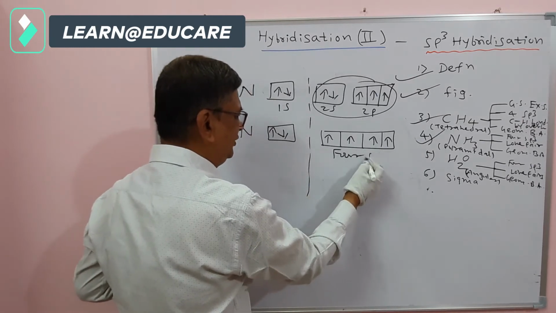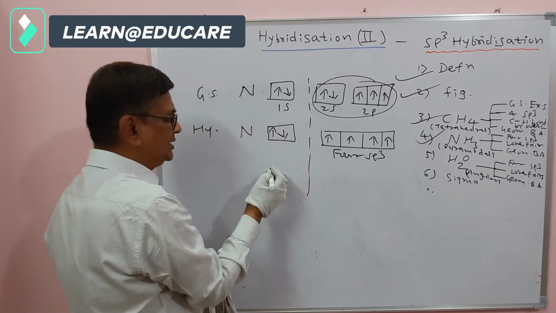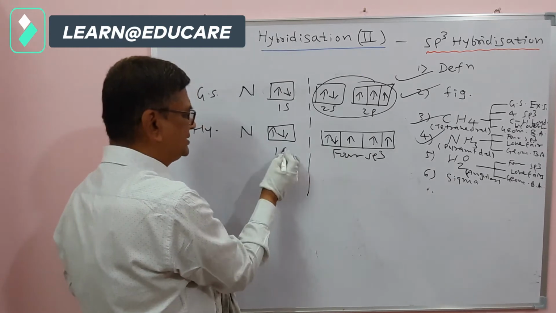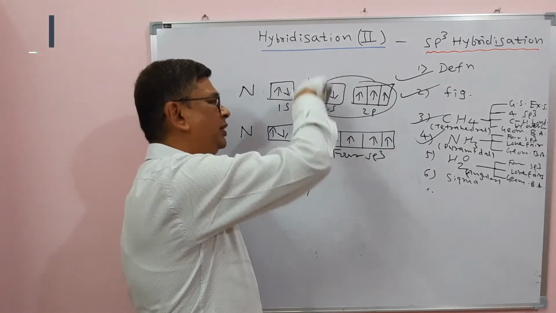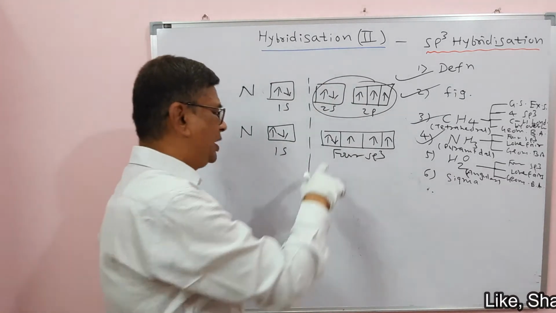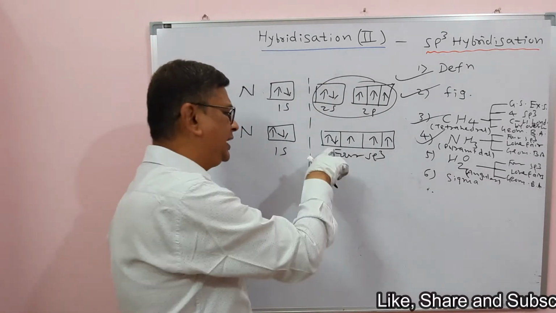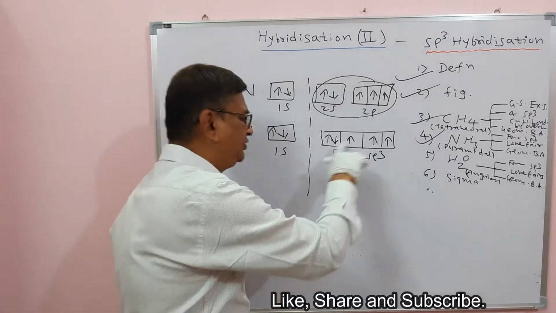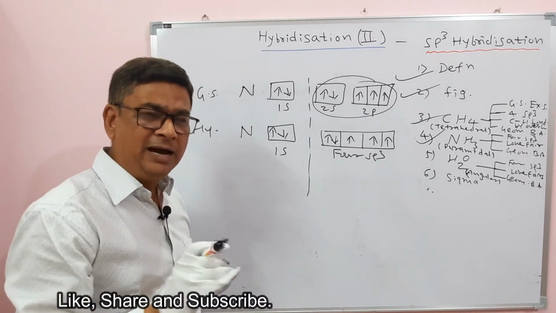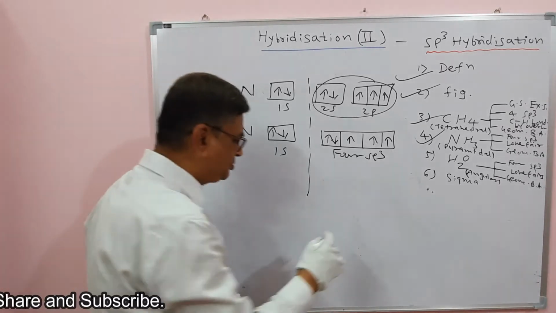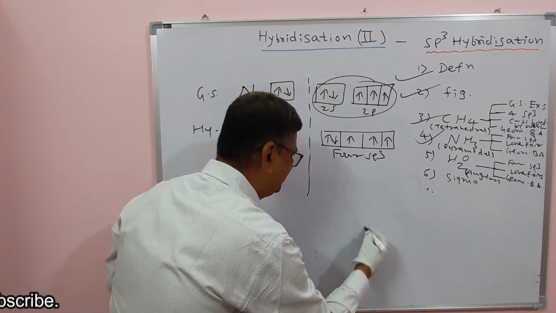orbitals of nitrogen. These 4 sp3 hybrid orbitals contain a total of 5 electrons, as they were in the pure s and p orbitals. So out of 4 orbitals, 1 contains a pair of electrons and the other 3 have a single electron each, meaning half filled orbitals. Now how is ammonia formed?